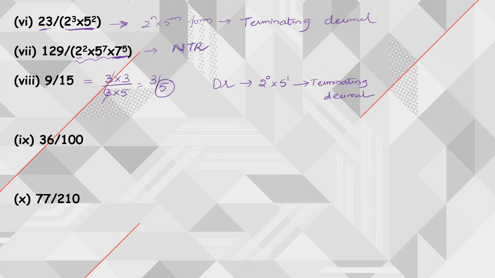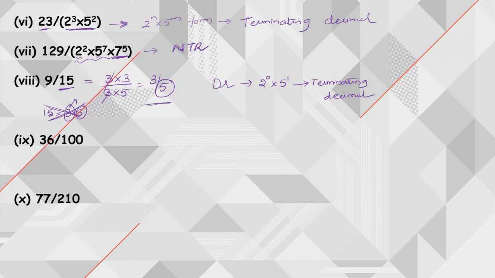Here the only thing that you need to understand is, by looking at the question you will think that 15 is equal to 3 into 5. So other than 5 we are having 3 as other prime factor, hence it is a non-terminating repeating decimal. That is wrong. So you should not treat like that. Here clearly 9 and 15 are having a common factor 3. So first of all we need to cancel that. So this consideration is wrong, and this approach we need to follow.